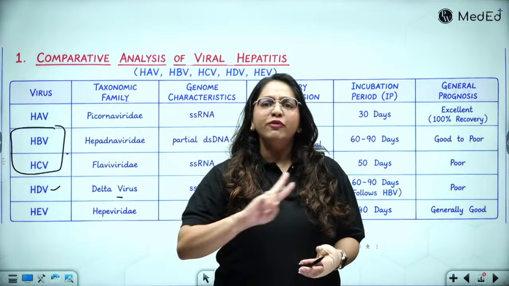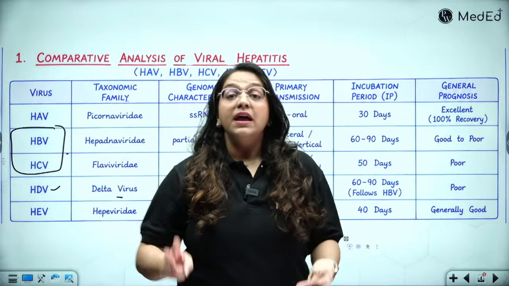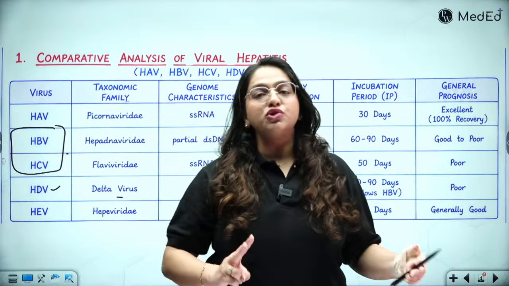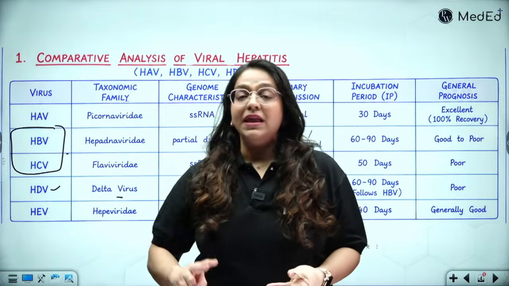Can I make a flow chart, a comparison table? Okay, a flow chart or a comparison table. I should be able to make at least one flow chart and one comparison table from each and every topic that I'm revising and I'm making. Can I